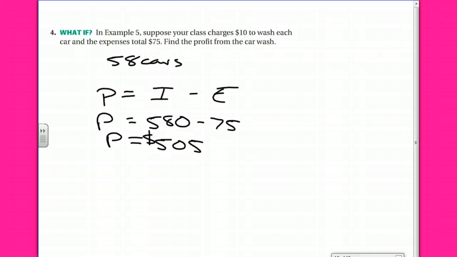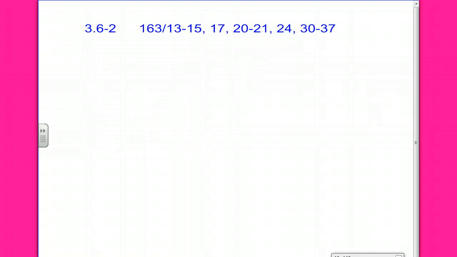And they made a lot more if they charged $10 per car. But when you charge more money to do something, what's the risk? What might happen if you charge more? That's the problem. You might not get as many customers. So maybe there wouldn't be 58 cars. If there were, it'd be great. But if there weren't, then you might have to say, is it worth it to charge that much, right? Well, you might need to re-multiply your 58 times 5.